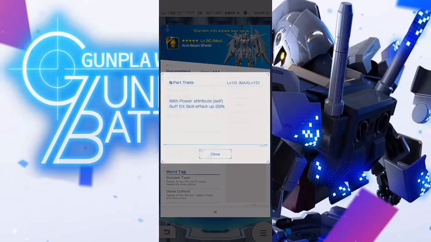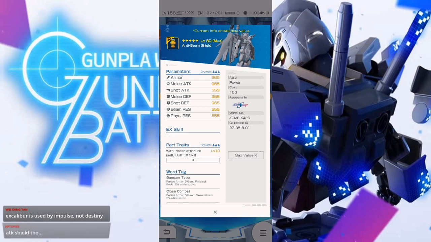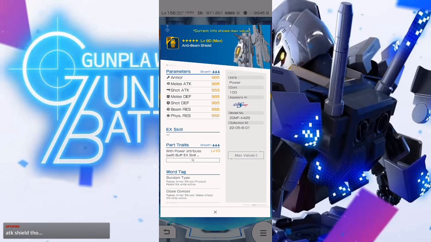Gundam type, close combat, buff, effect up 22%. Okay. And this does give offensive stats with melee and shot. Cool. Okay. That's nice. I would be rating it a lot higher if it wasn't a Sokai piece with these